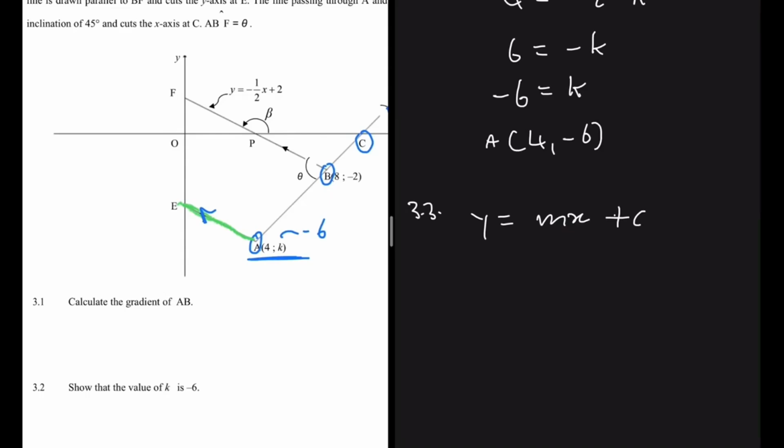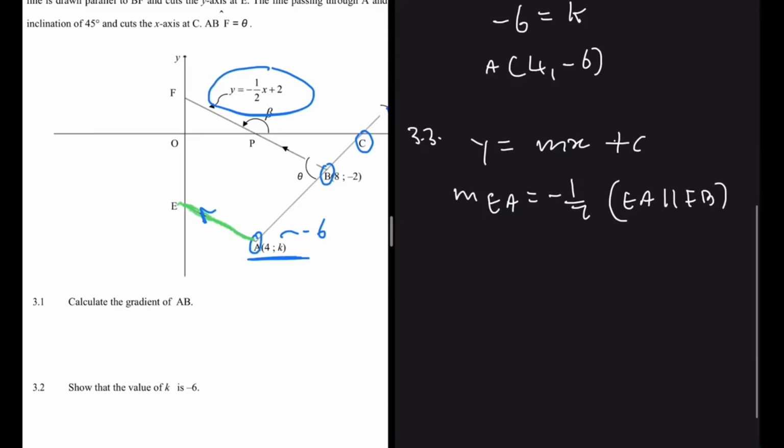And then we have the equation for line FB, which is in the form y is equals to minus a half x plus 2. So now at this point, we can say that the gradient of EA is equals to minus a half. Why are we saying so? That is because EA is parallel to line FB. So now we're only left with C, and then we have point A. Don't forget that. So because we have point A, we can substitute it in our equation, and then we can